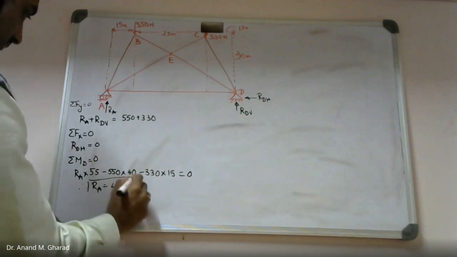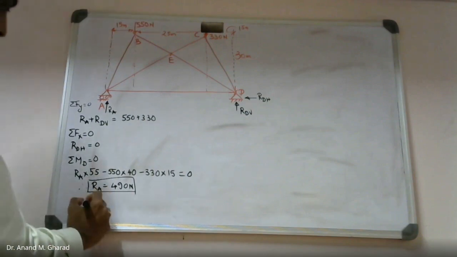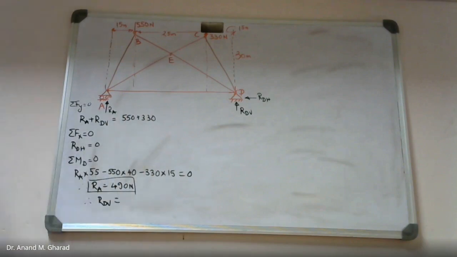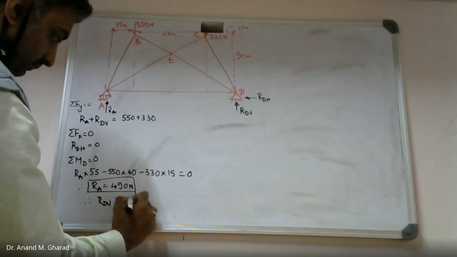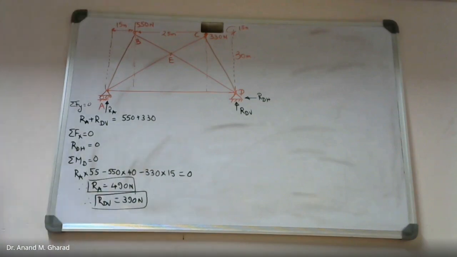This comes out to be positive, and therefore RDV will be this minus this, 390. So both are positive values. The next step, see,